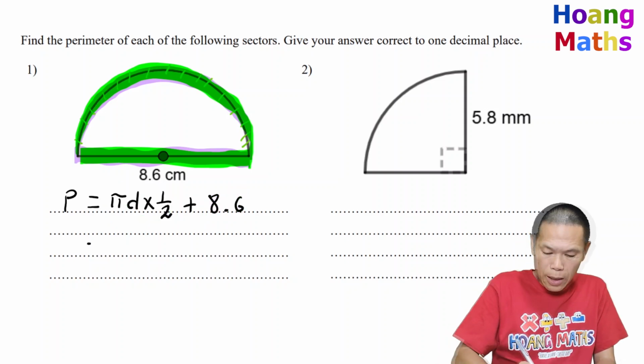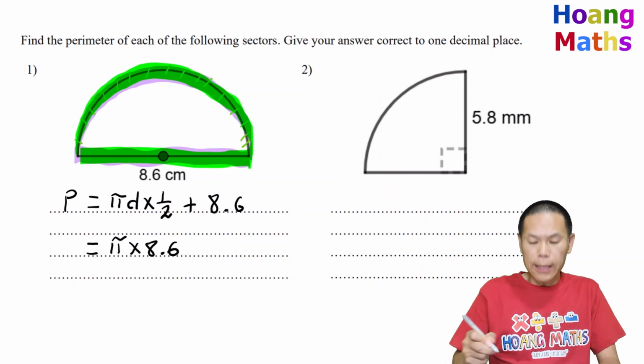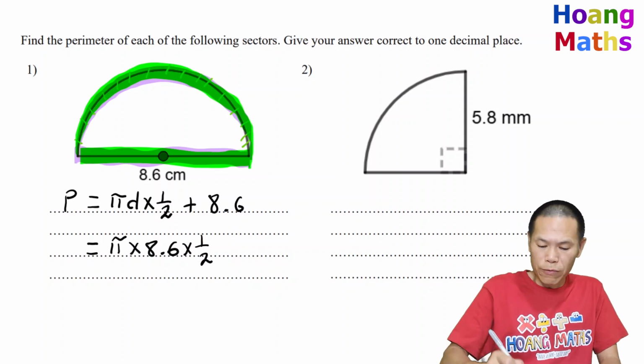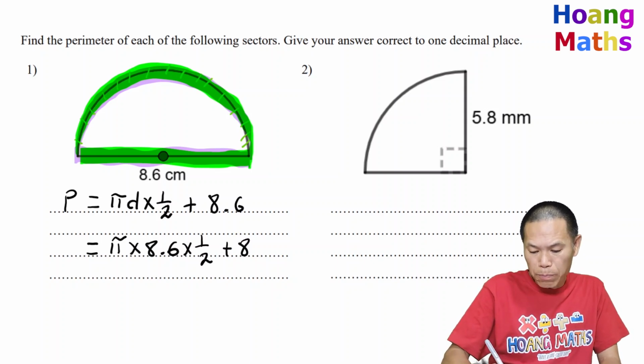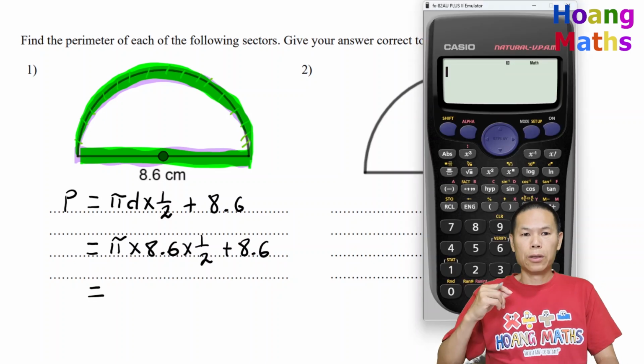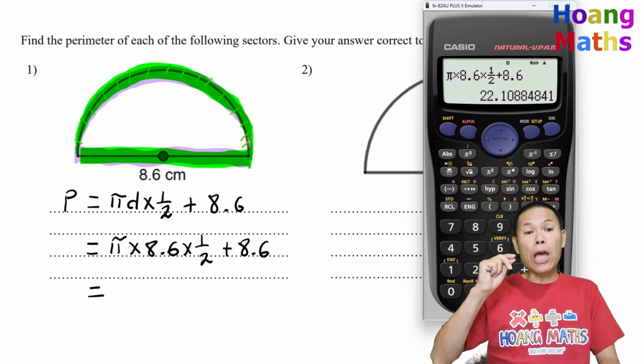So that is equal to pi times d. So d is 8.6, 8.6 is the diameter. Then we need to times a half or divide by 2 if you like. And then we add 8.6. So I just put that on a calculator. So I just go pi times 8.6 times a half, or you can divide by 2, of course, and then we add 8.6. So there you go,